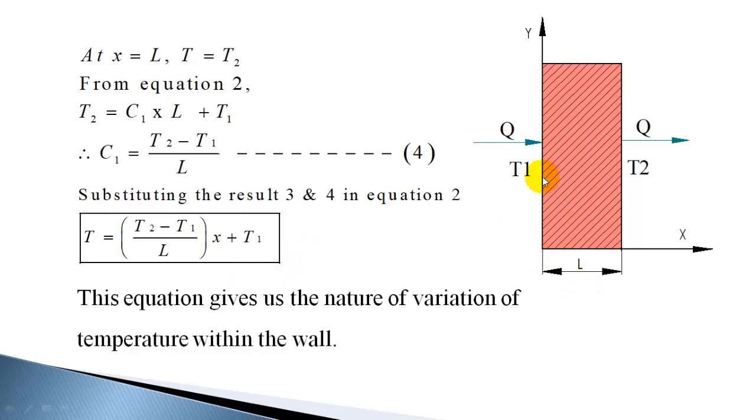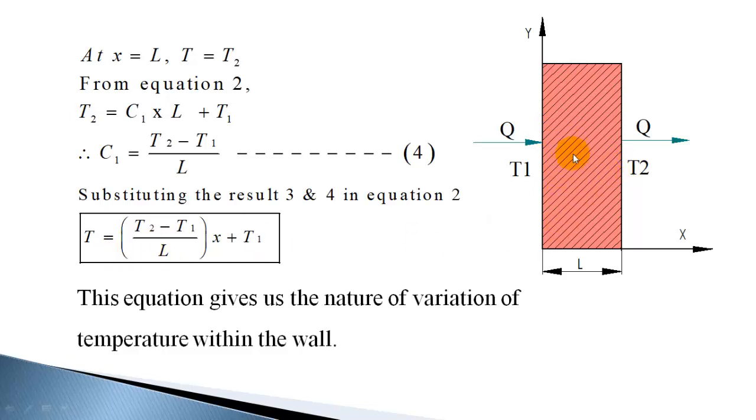So this equation we have derived for one-dimensional steady state heat conduction through a material with constant thermal conductivity. So in that case we will have a linear variation for temperature inside. So the temperature will drop like this linearly. If heat is flowing in this direction, temperature should drop in that direction. Temperature difference should exist for the heat to flow. So if heat flows in the forward direction, temperature T2 should be less than T1, and temperature drop is like this linear straight line variation.